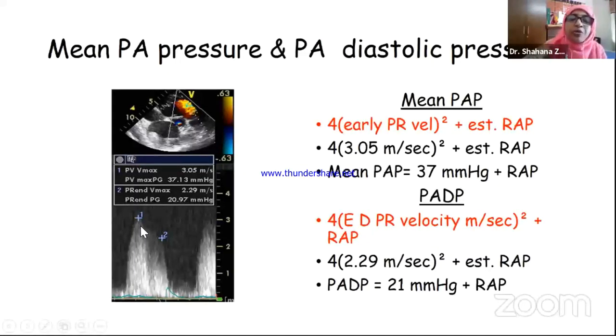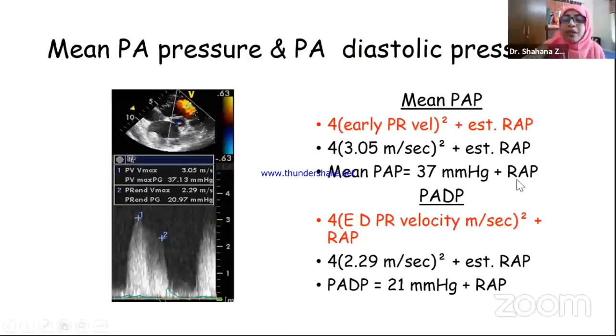Here also you use the Bernoulli equation: 4 times the early PR jet velocity squared plus estimated right atrial pressure. Here the early PR velocity is 3.05, so 4V squared is 37, plus